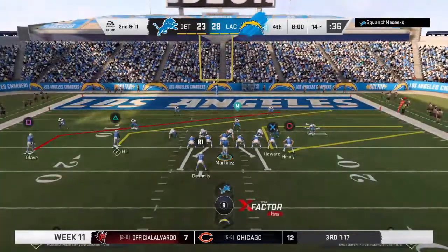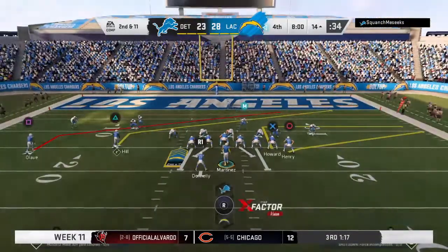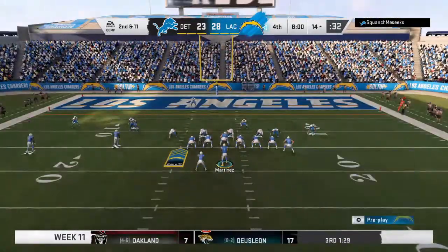Let's go, let's go, let's go. 15 Lonnie, 15 Lonnie. Scene